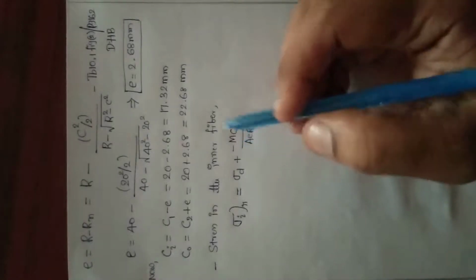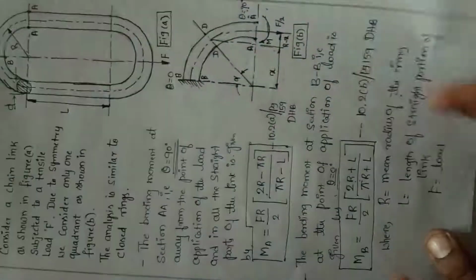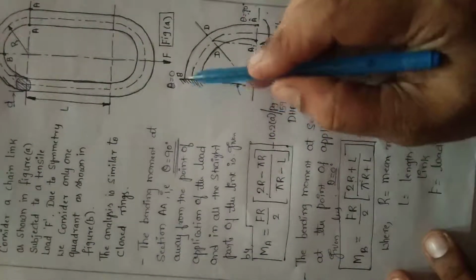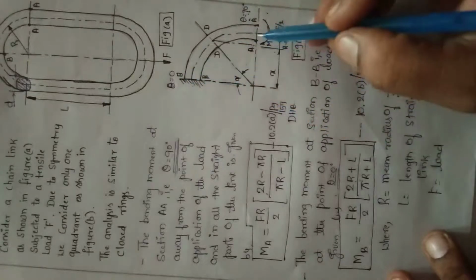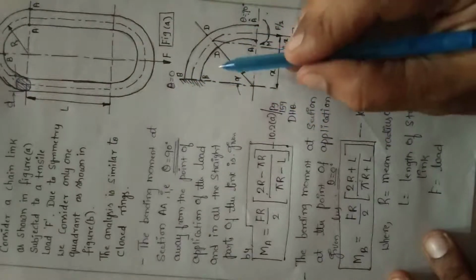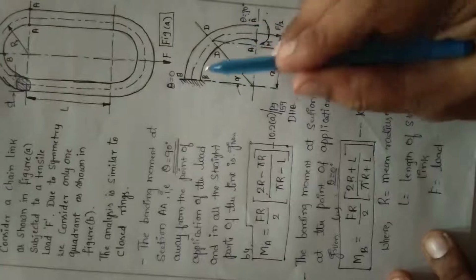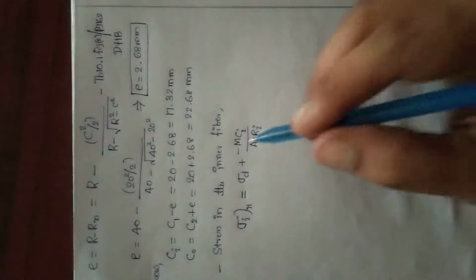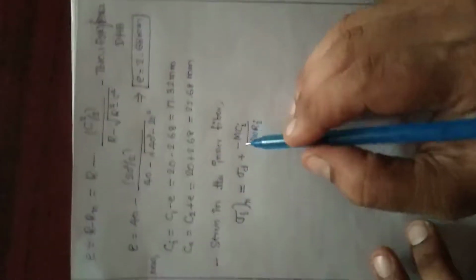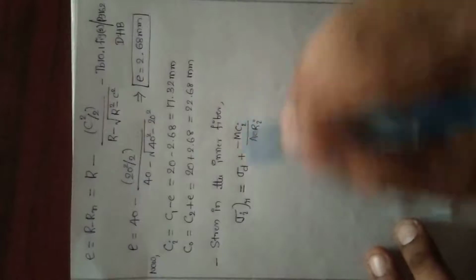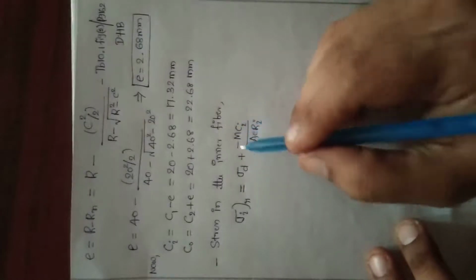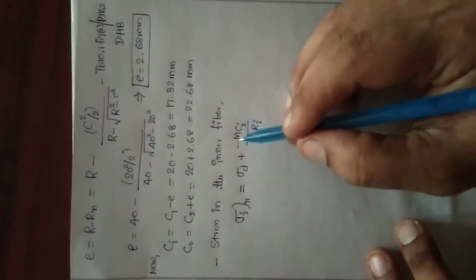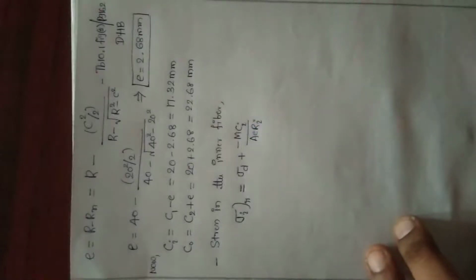Here I wrote a negative sign. Why? Because for this link, if I consider this vertical as fixed, when I apply a load here, what happens? The inner fiber will be in compression and the outer fiber will be in tension. So when the inner fiber is in compression, I will take it as negative, but in the data handbook it may be negative or positive; both are given there. When it is in compression, it is negative. When it is in tension, it is positive. He has specified that in the data handbook also.